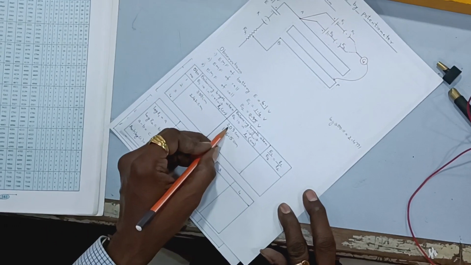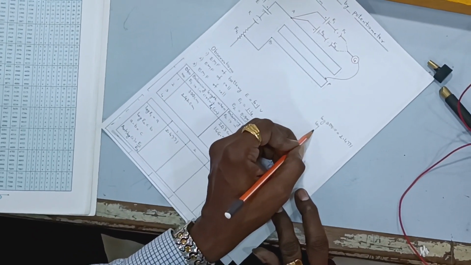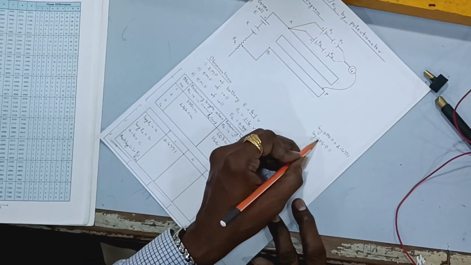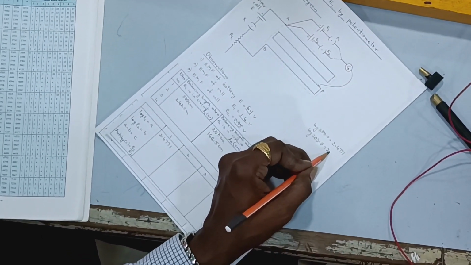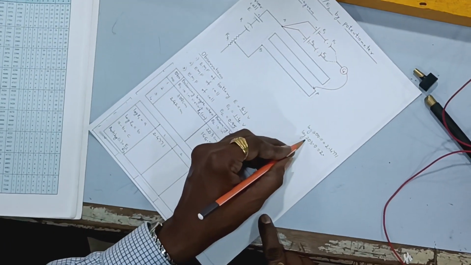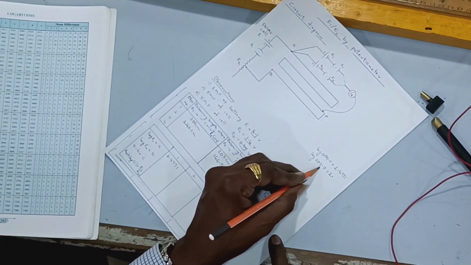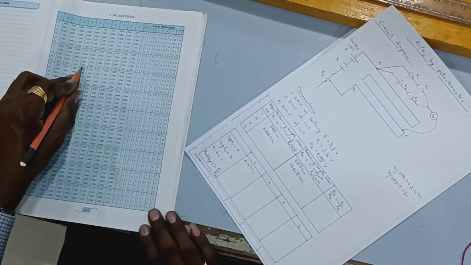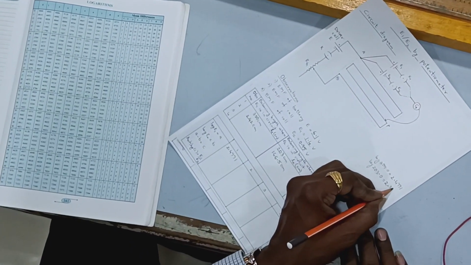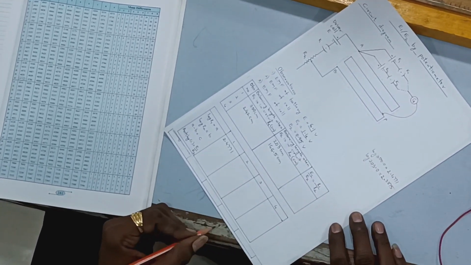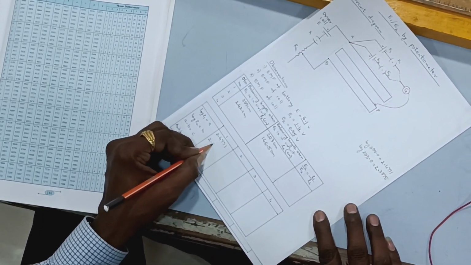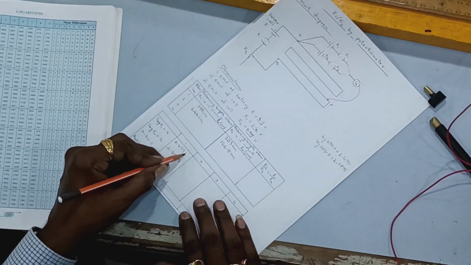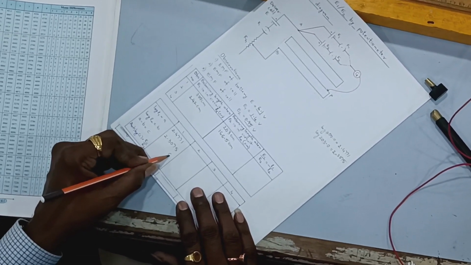Log of L2. L2 is 203. To find out log of 203, it is log of 203.0. Again before the decimal 3 digits, so the characteristic will be 2. Then for the mantissa part we have to look at the 20th row, 3rd column. Now the 20th row, 3rd column value is coming as 3075. So it is 2.3075. Taking the difference here, carrying 1, 11 minus 5, that comes as 6.